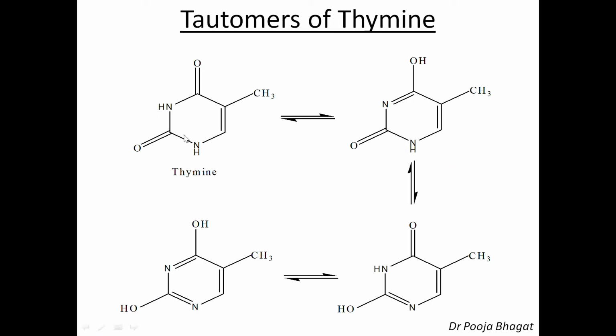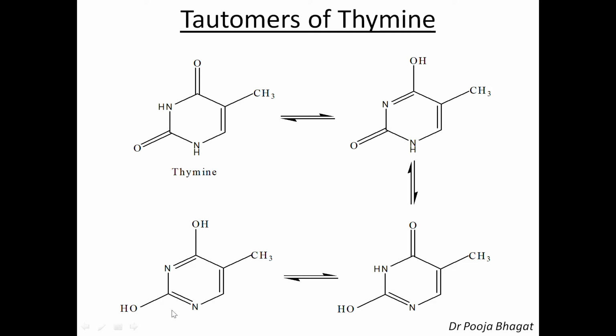Now move to tautomers of thymine. Thymine and uracil are similar in nature, similar structure. The only difference is the 5-methyl group. So you can easily write down the structure of tautomers, if how to write down the tautomers for uracil is clear to all of you. So here both of them are oxo group, the ketonic group. As you can see, this is enolic ketone. So at 4th enolic at 2nd keto, then at 4th keto at 2nd enolic, and both at 2nd and 4th enolic. So these are the 4 tautomers of thymine.